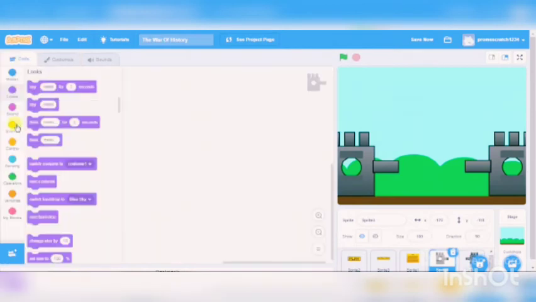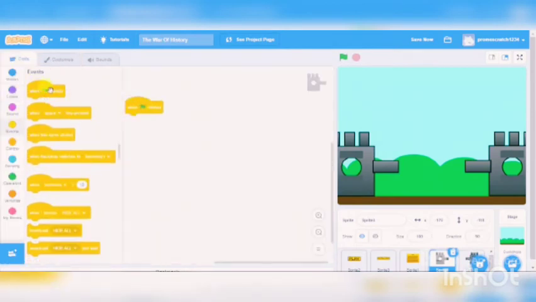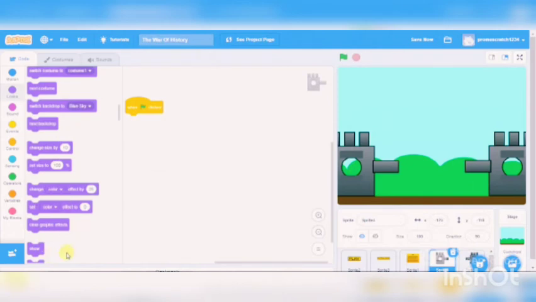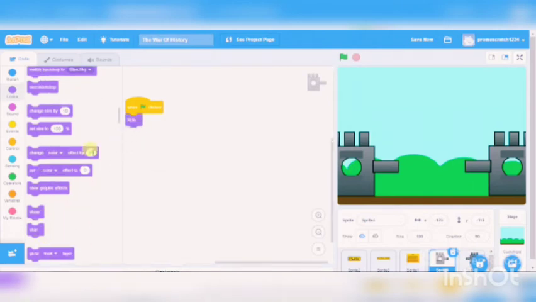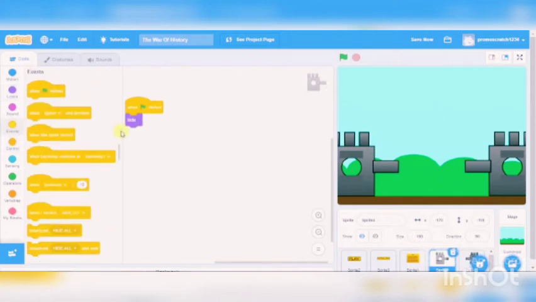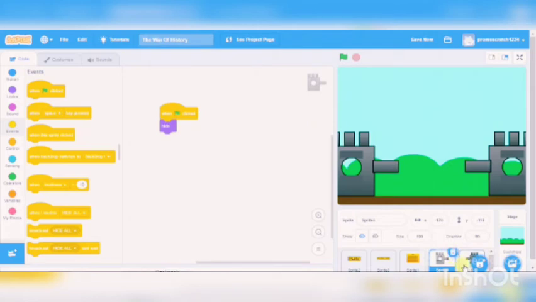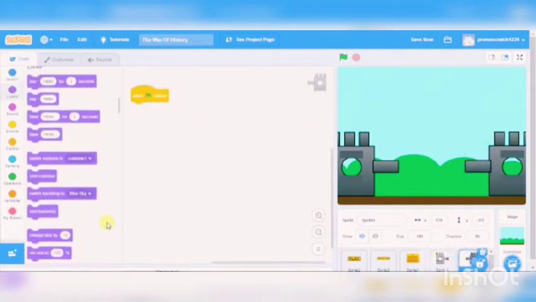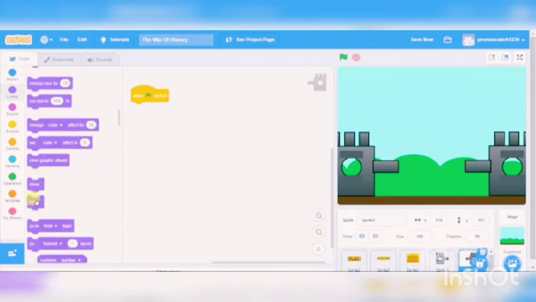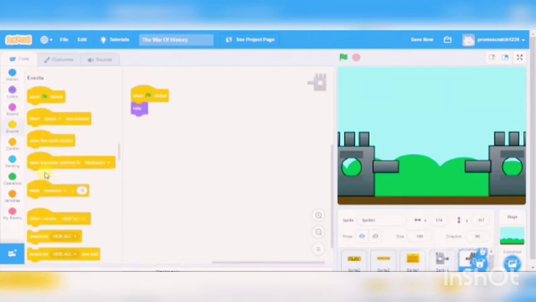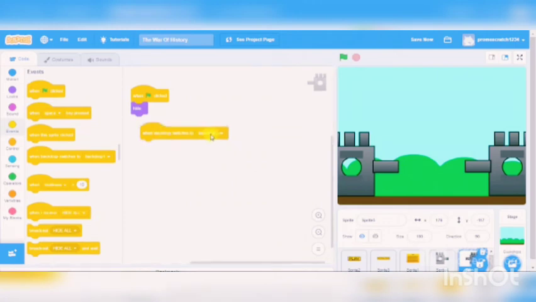Okay, and now we are going to code it. So when clicked, it should hide automatically. If it is shown, I will just hide it. Okay, do this too, and do this to castle 2. Okay, where is castle 2? When green flag clicked, hide it, hide. Okay, and backdrop switches to